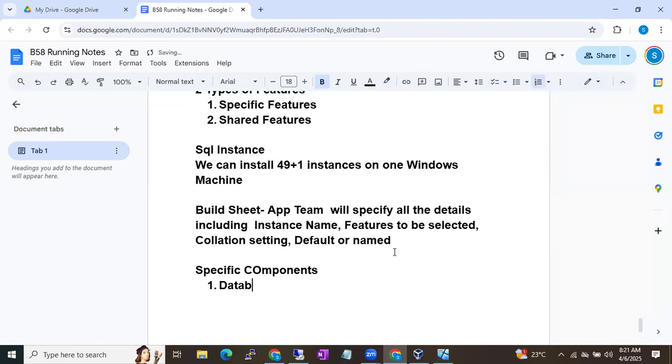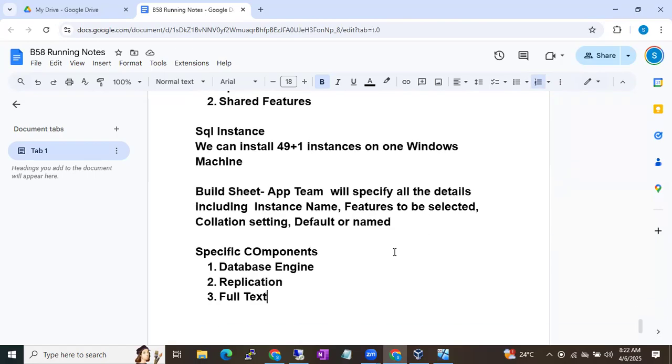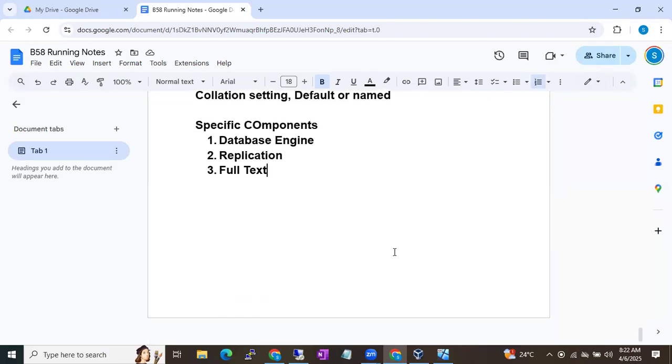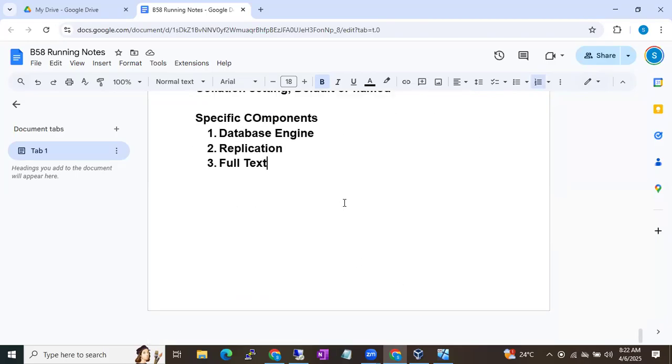One is database engine. Second one is replication. Third one is full text. Okay, these three are mandatory components that you will choose if they don't include anything in the build sheet or in the ticket. These three are mandatory, right? From specific features. From shared features,